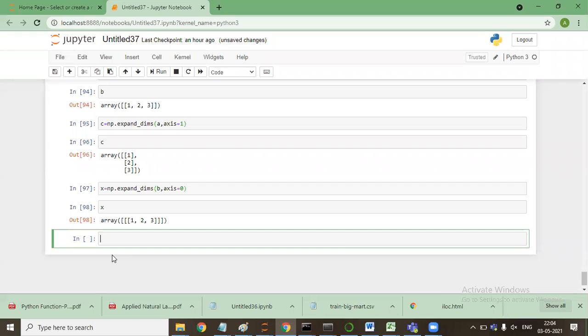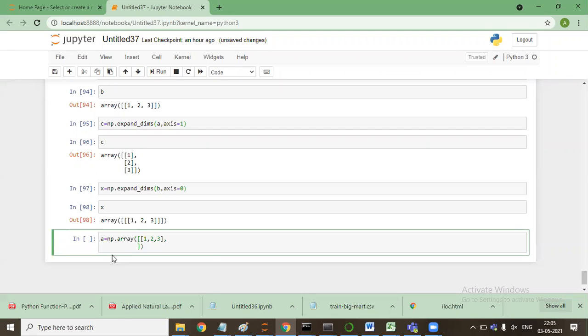Anybody else? Any doubt? Now, A is equal to np.array. I'll create it: 1, 2, 3, comma 4, 5, 6.